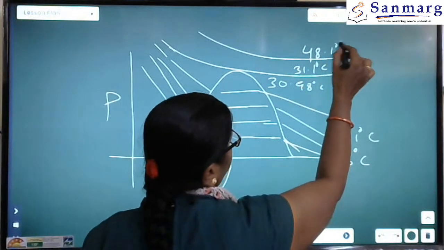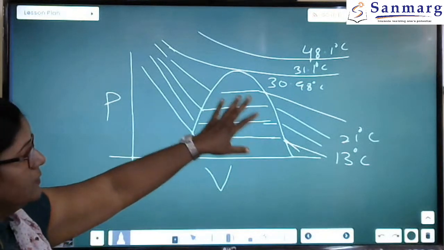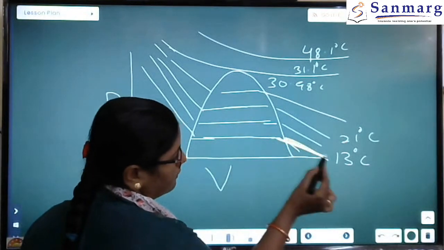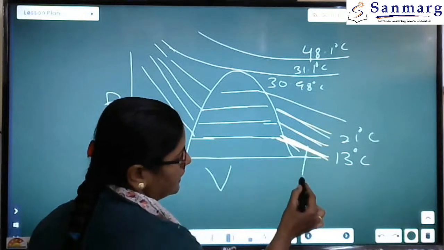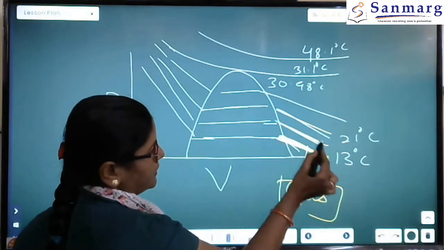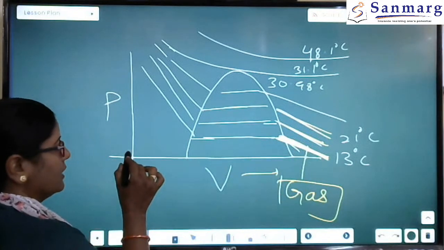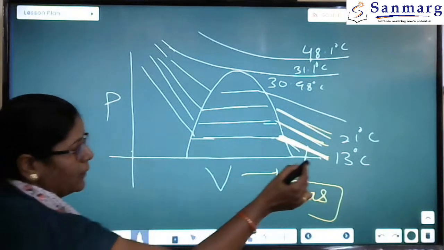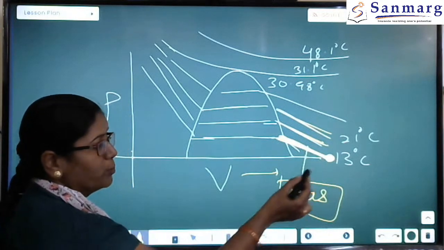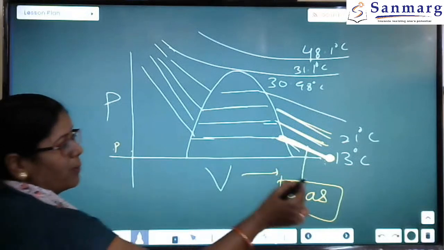48.1 degrees Celsius. Now see, first type, these show that they are in the form of gas. The main part of this, your carbon dioxide exists in gaseous state. So this part. Okay, so what happens with increasing volume? Volume is more, pressure is less. See here, look at this point, point E. Volume is increasing here. Volume is more, pressure is low. See, pressure is low, volume is high.